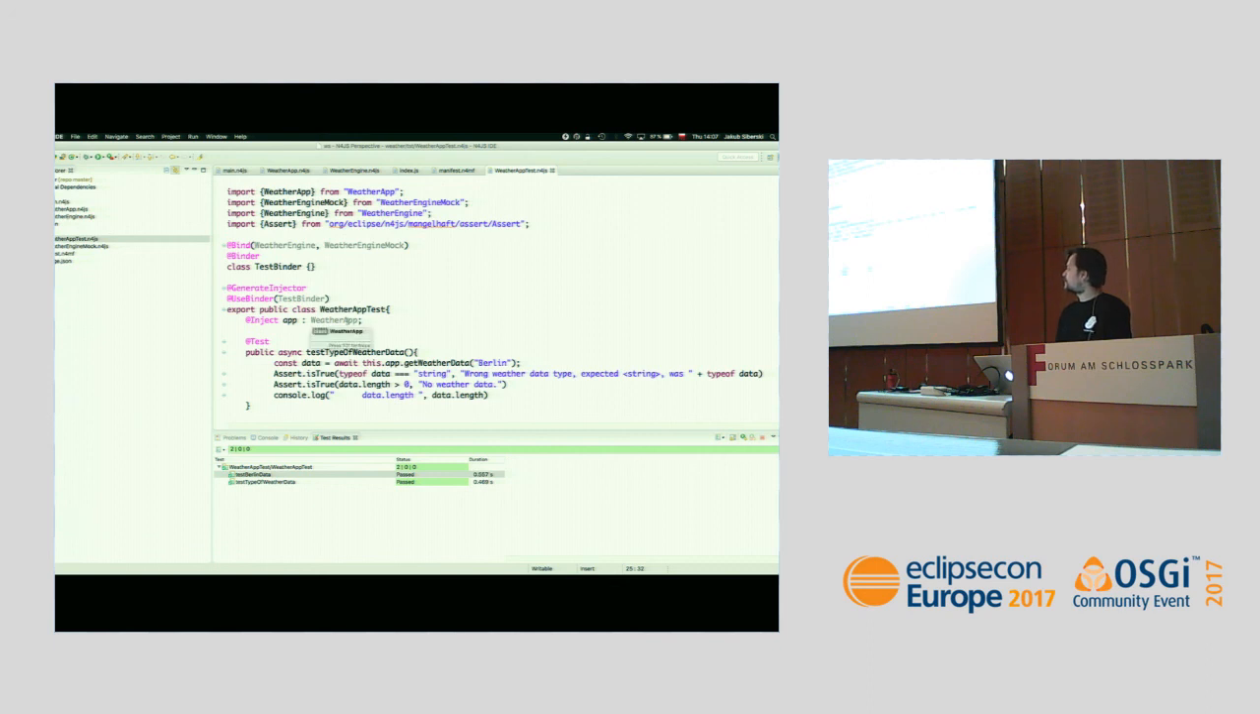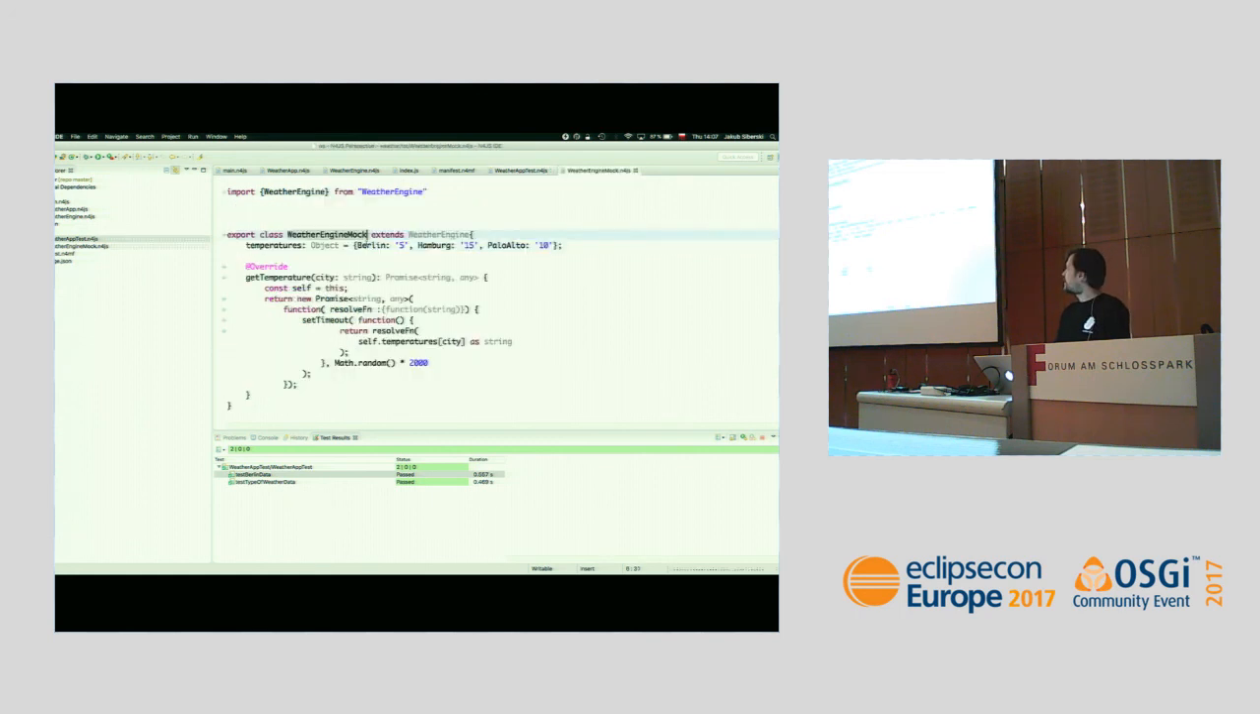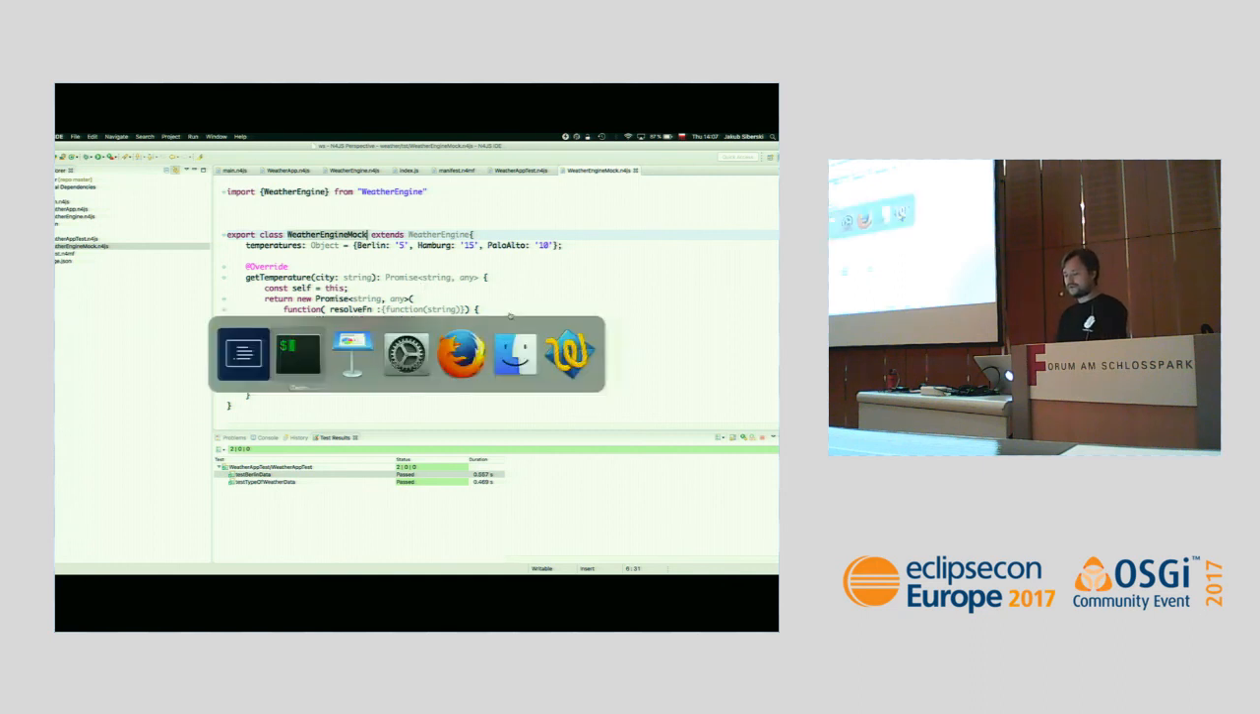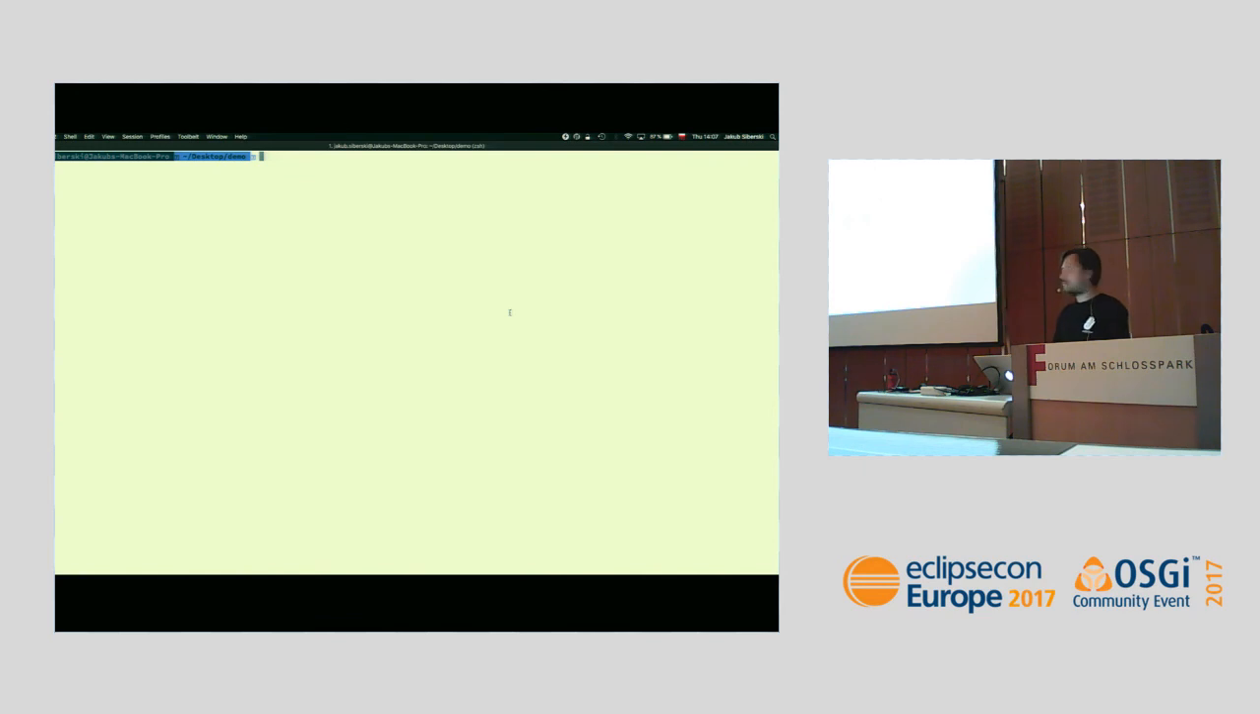Because we don't do the connection to the internet on our own, we are using the weather engine, so we basically reconfigure the injection with our custom bindings. We rebind the weather engine to our mock implementation, and my mock implementation returns whatever I want it to return, so I can run my unit test instead of relying on whatever MSN says. This is a very brief overview of the IDE, but it's not only about the IDE, it's about the